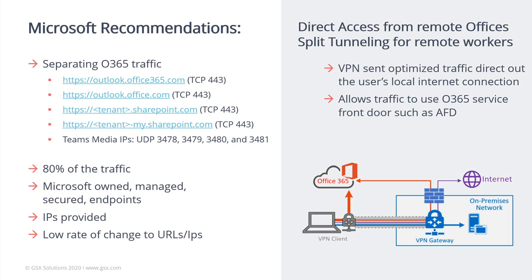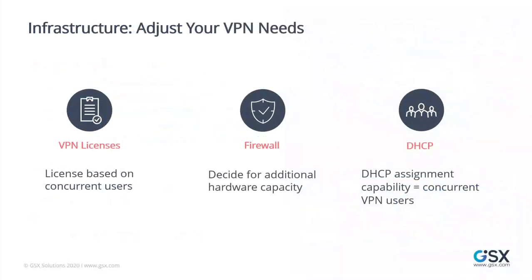So let's continue now with other important things to check. Of course, the VPN. You have to make sure that your VPN is sized for your fluctuating population of remote workers. At first, you have to check your VPN license. You might already know, but it is always good to remember that VPN licenses rely on the number of concurrent users. So you need to make sure you have enough licenses for your remote workforce, and you need to take a careful look at your firewall as well to make sure it can handle the load from a hardware perspective.